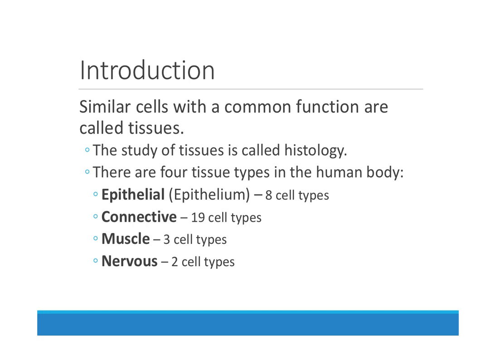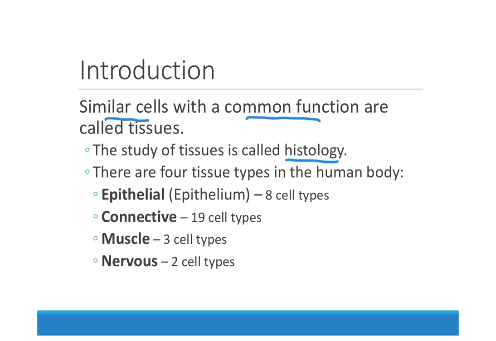First, you have cells, and then a tissue are similar cells that have a common function. So they all work together for one purpose. Different tissues that work together with a common function are organs, and of course, different organs can form organ systems. The study of tissues is called histology, and it's much more complicated than we're going to get into in these